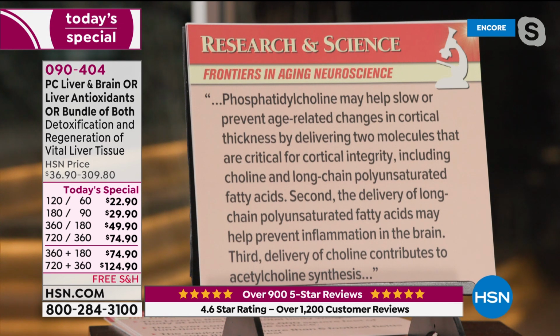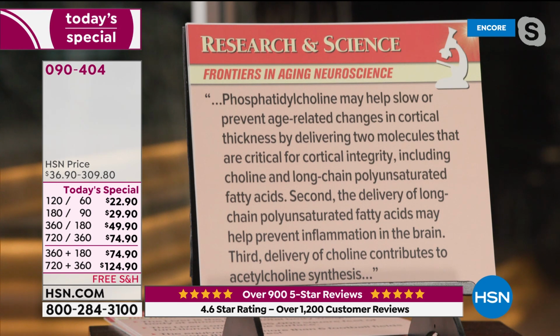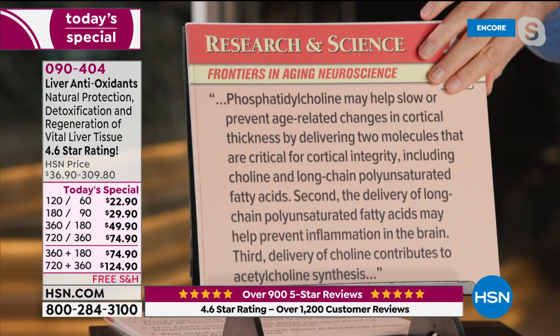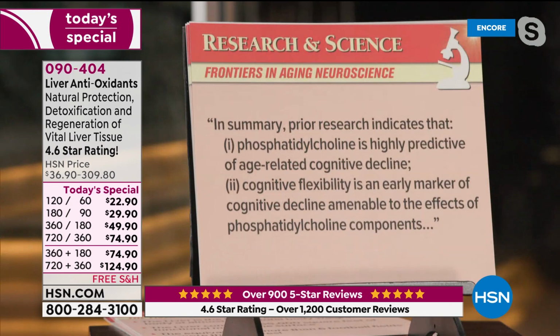2 molecules that are critical for cortical integrity, including choline and long-chain polyunsaturated fatty acids, natural constituents of phosphatidylcholine. Second, the delivery of long-chain polyunsaturated fatty acids may help prevent inflammation in the brain. Third, delivery of choline, which is a vital part of phosphatidylcholine, contributes to acetylcholine synthesis, which is the most important